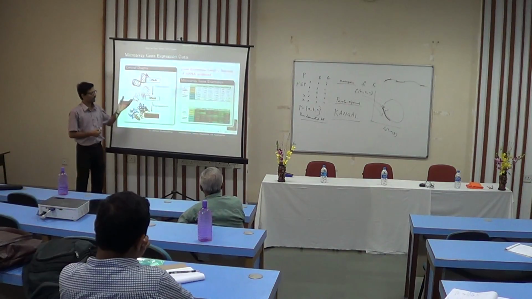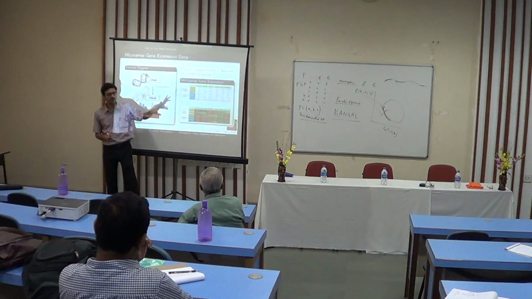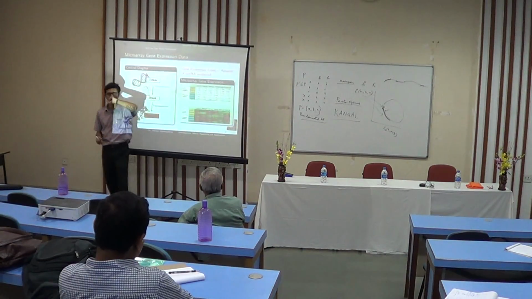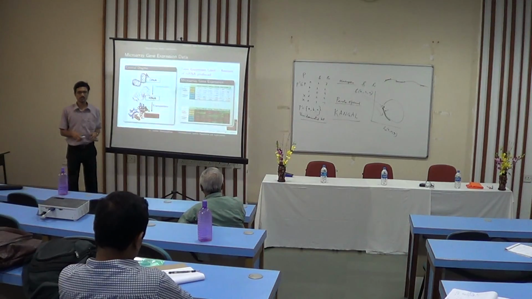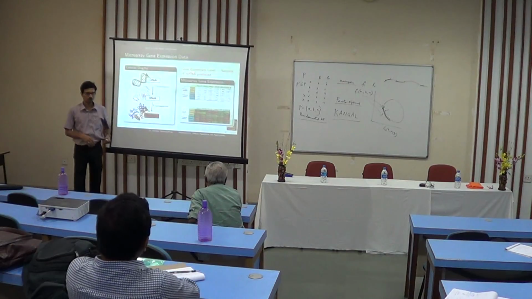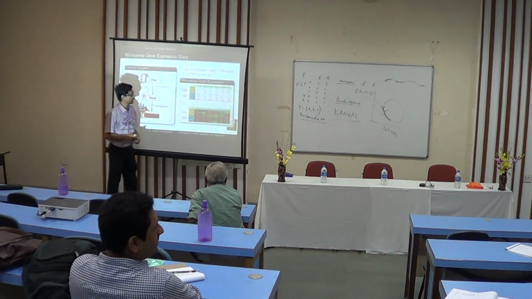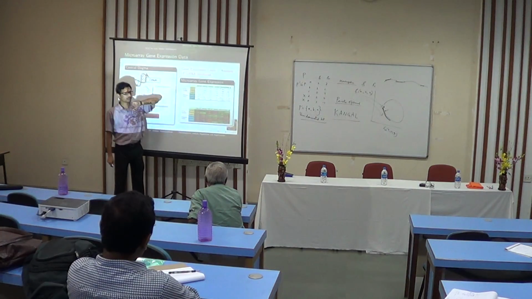From this phenomenon, biologists have produced tools which can produce data like this, known as microarray gene expression data. Microarray is nothing but a matrix-like structure. We are interested only in the data. I am not interested in the biology, how that is produced. Okay? We are interested in the data. So it is nothing but a matrix